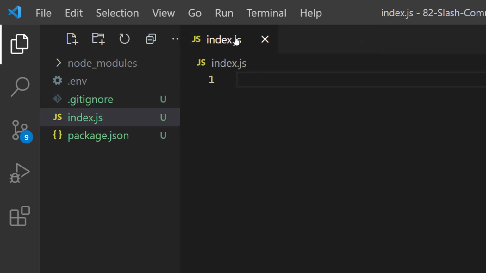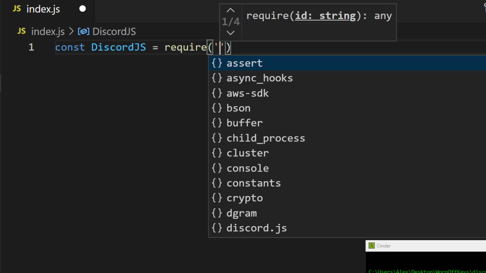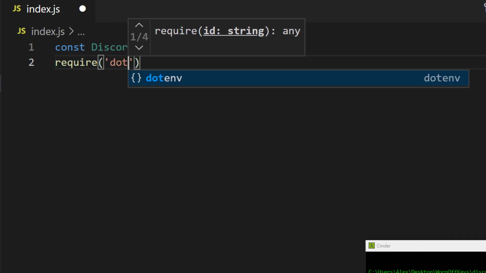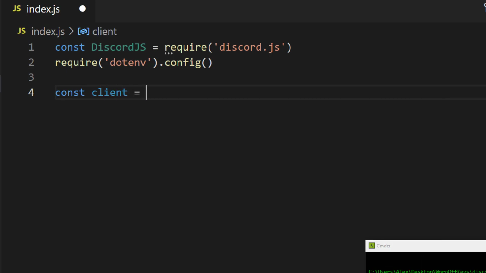So with that said, we can now go inside of our index.js file and actually work on our bot. I'm going to start off by just importing discord.js. We could say const Discord equals require('discord.js'). We can also ensure that we have access to all of the things within our .env file by requiring dotenv, which is one thing that we installed, and we can call the config method for that. We can then create a new client, which is essentially an instance of your bot, by saying const client equals new